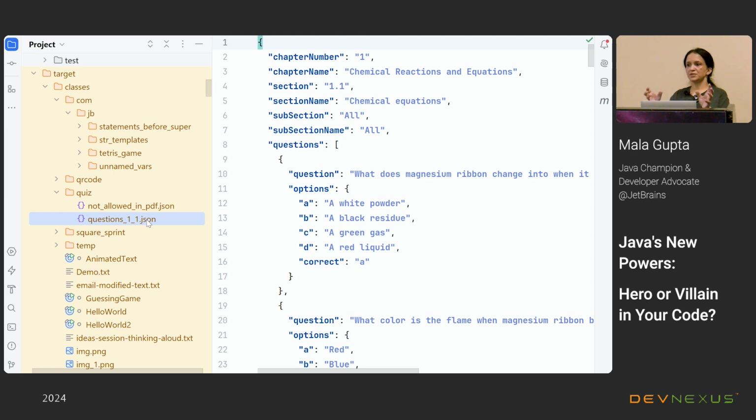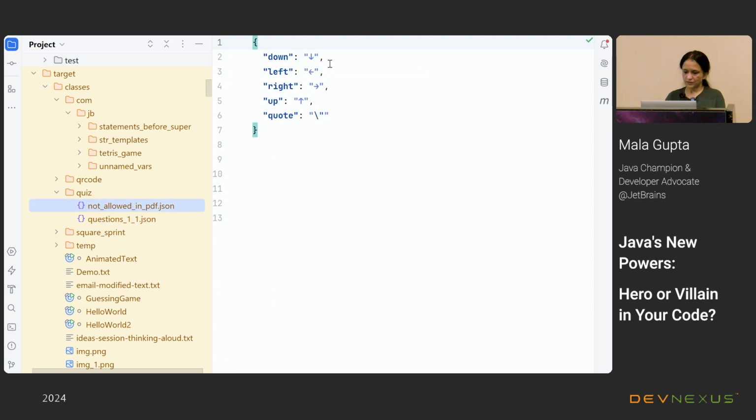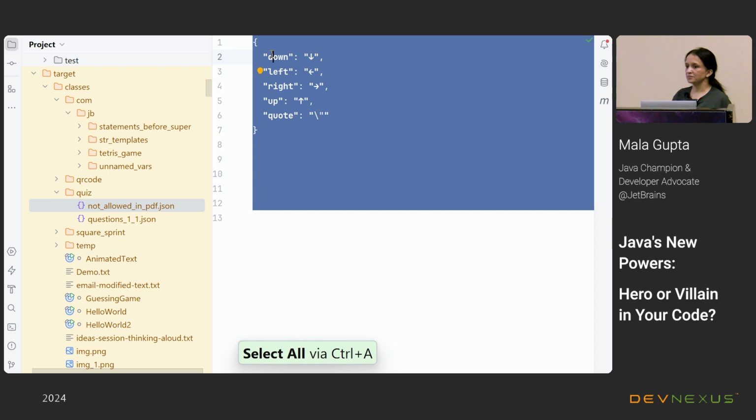In the process, I was creating a test for my daughter, and I realized that the PDF library that I was using did not transform some of the characters, like the arrows pointing towards the bottom or up, or other things. These were values that the PDF library was not transforming or not recognizing.